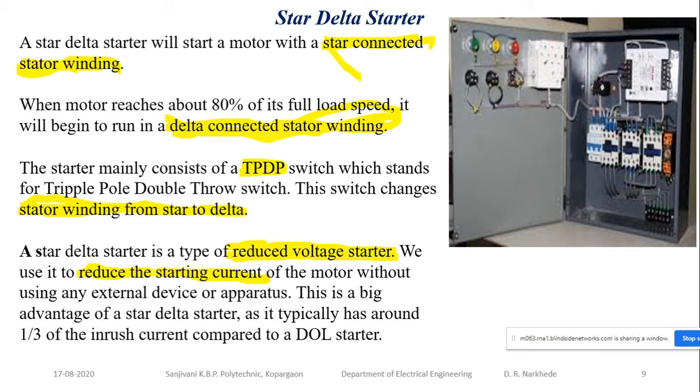And if you do not reduce the current at starting, and if the size of the motor is very large, 400 hp, 500 hp, just imagine the current taken by that motor. If the rated current of the motor is 100 amperes and we do not use a starter and connect it directly to the system, then on starting it can take a current of 600 to 700 amperes. That current creates a dip, and whatever equipment is connected to the system may get affected because of this. So the rest of the equipment connected on the system also gets affected.